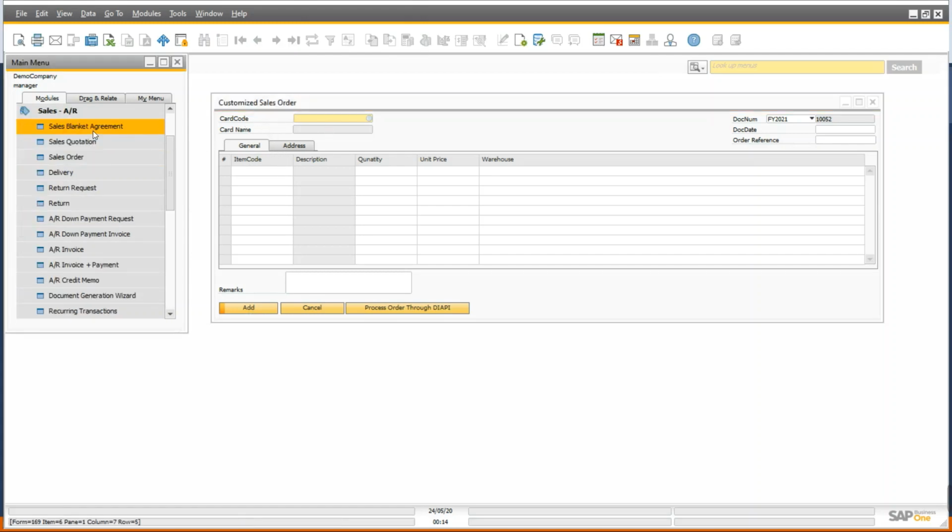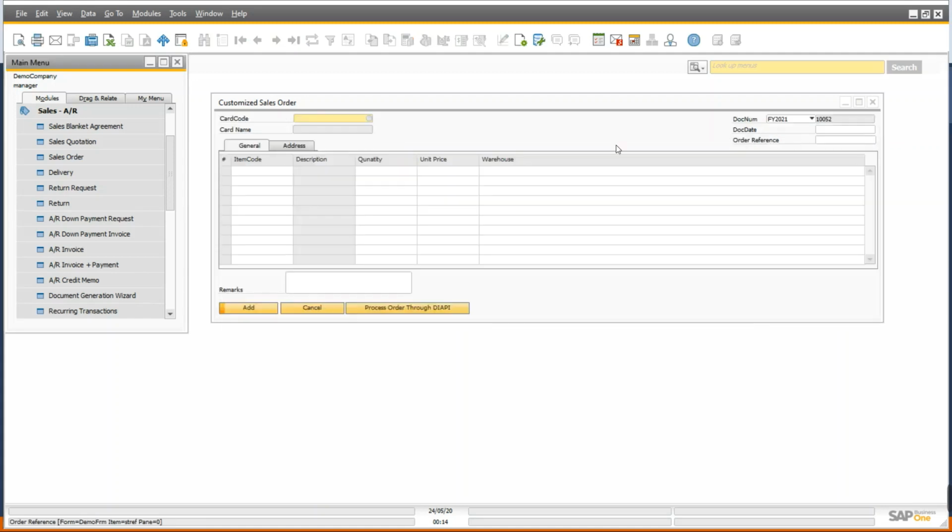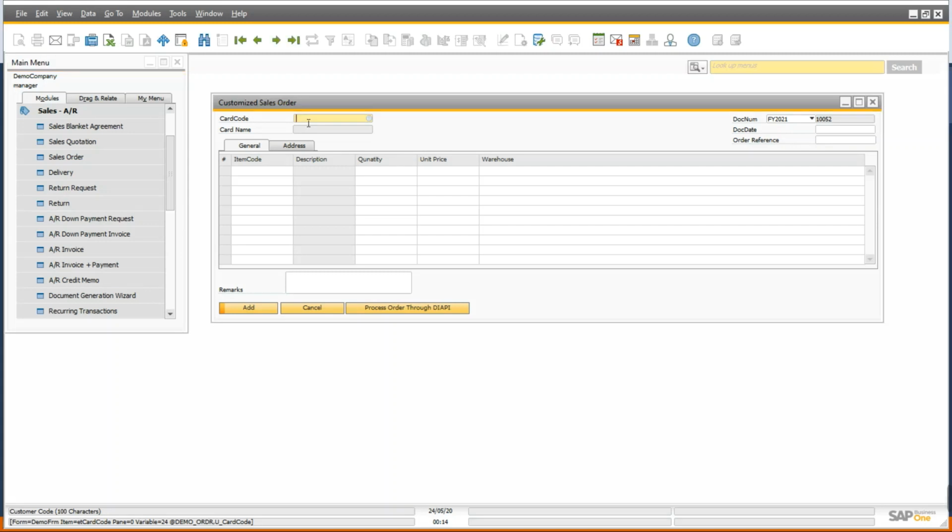Before adding this UDO form, just see the number of documents already generated in sales order. We can see here 18 documents already generated. Once we add this UDO form, the 19th document will generate into the sales order.